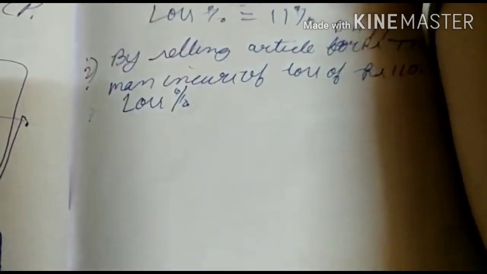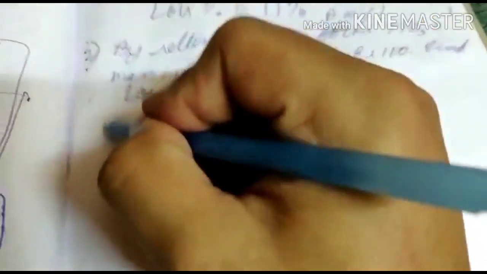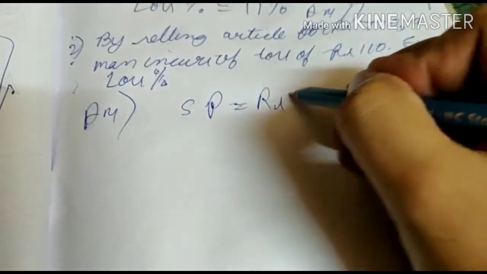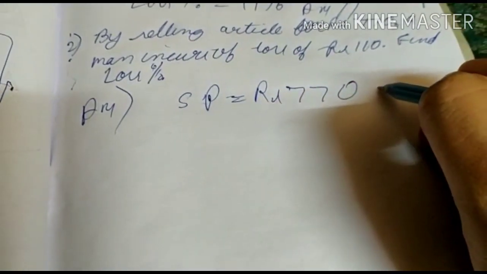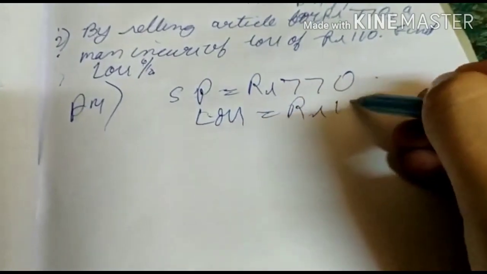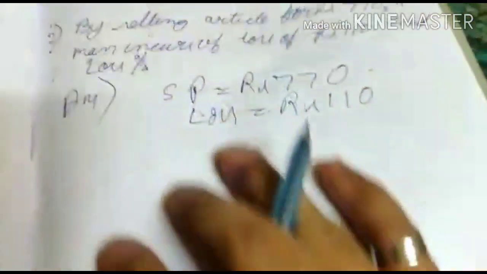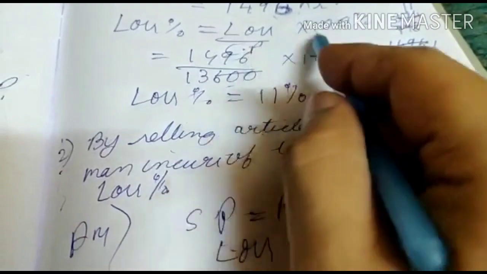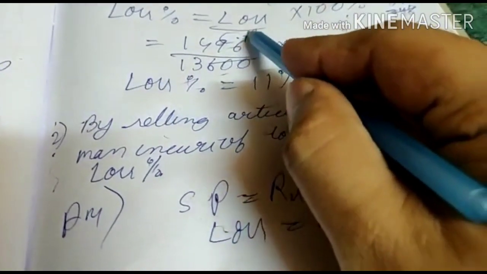We have one more question here that says by selling an article for rupees 770, here SP is given as rupees 770, loss rupees 110. Find loss percent. So for finding loss percent, the formula is loss upon CP into 100. We should know its CP first. For calculating CP,